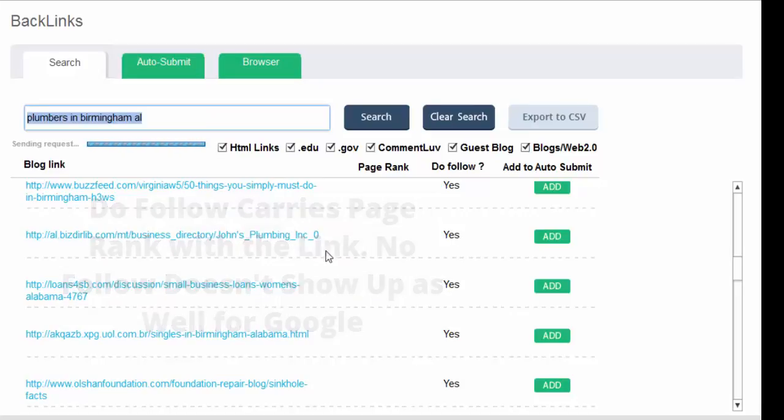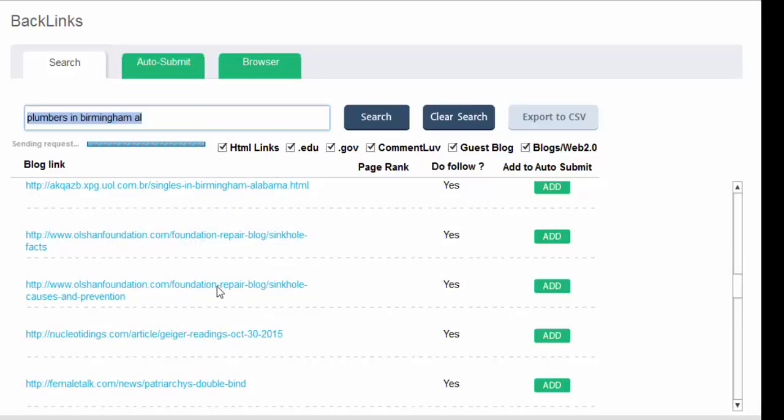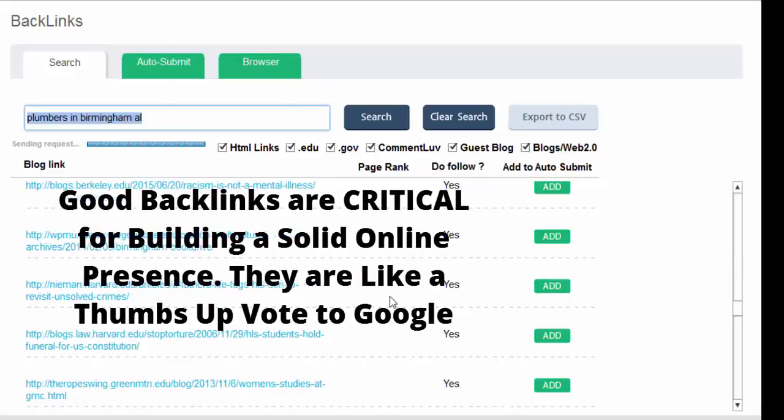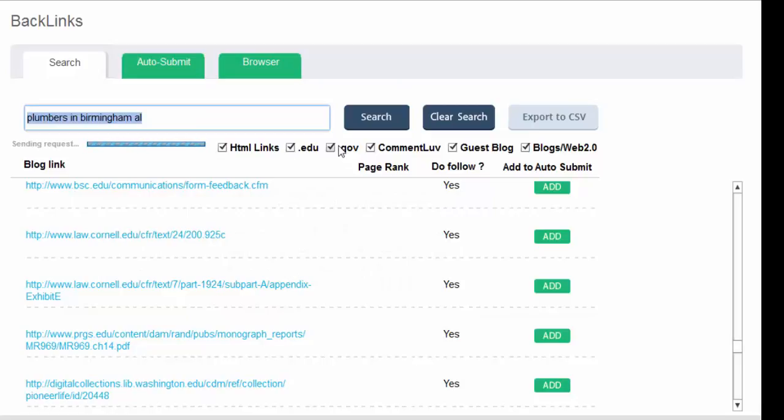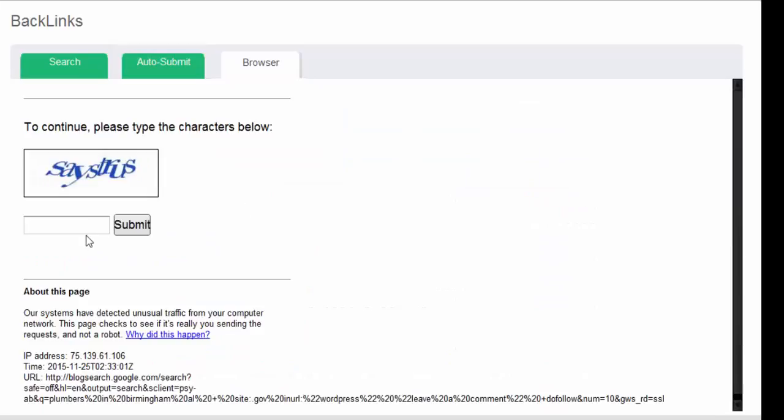But for example, it's showing me that if I wanted to go out to that particular link, okay, I can do auto submits. I don't like those. I'll just do these manually because auto submits is really spammy. But these are edu links, gov links, comment love backlinks, guest blogs, 2.0 blogs, and HTML links.